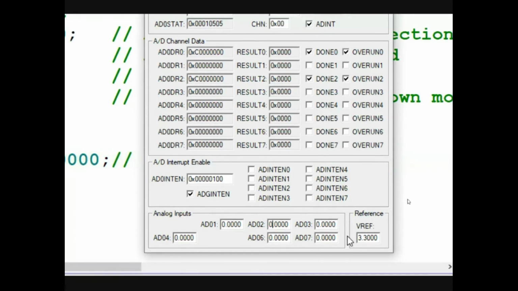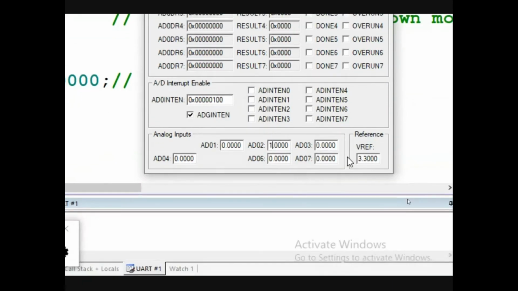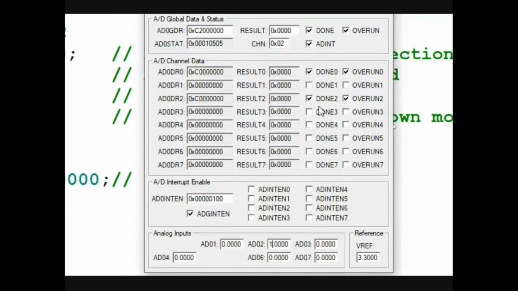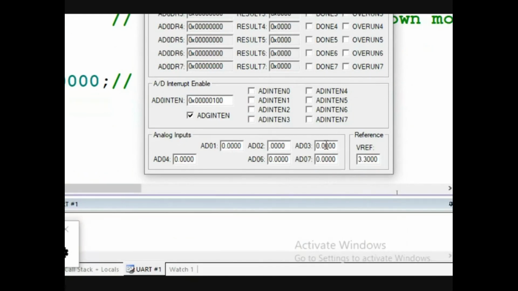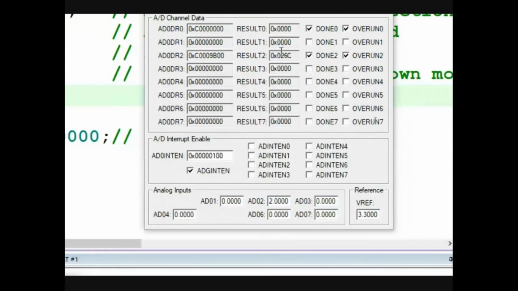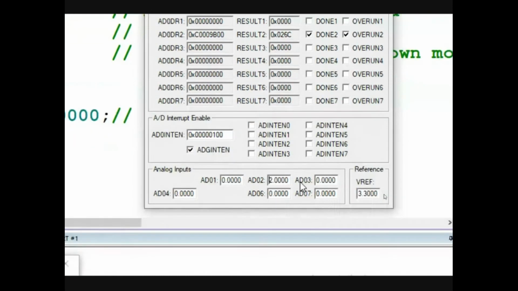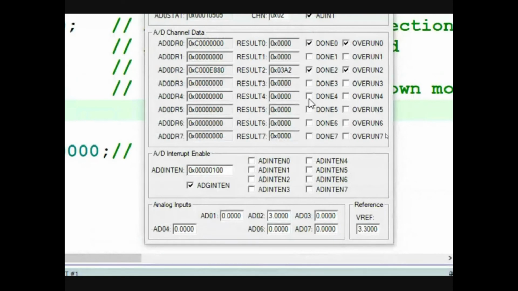Similarly, there are 1024 possible combinations between 0 and 3.3 volts. For example, for 1 volt, the converted value is hexadecimal 0x136. So the analog to digital converted value for a 1 volt analog input is 0x0136. For 2 volts, the converted value is around 0x26C, and for 3 volts it is around 0x3A2, and for 3.3 it is 3FF.